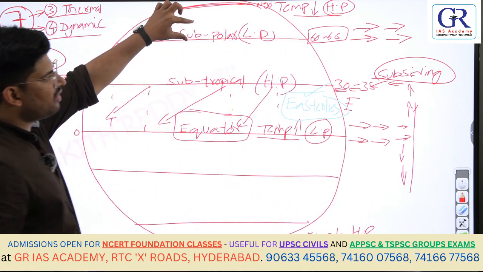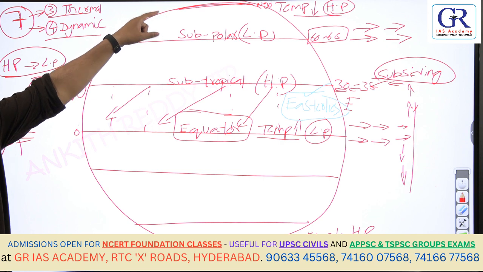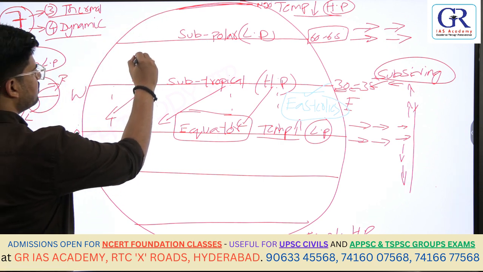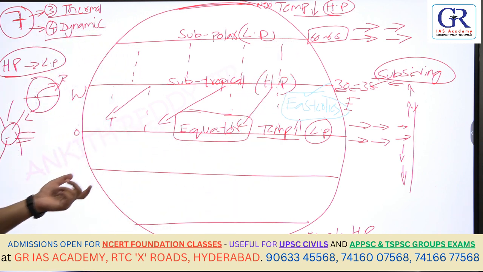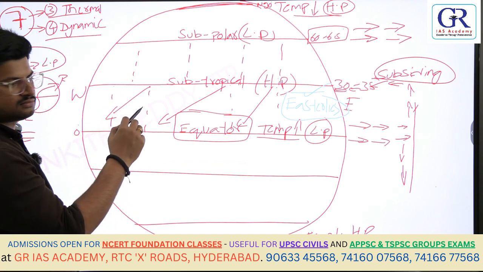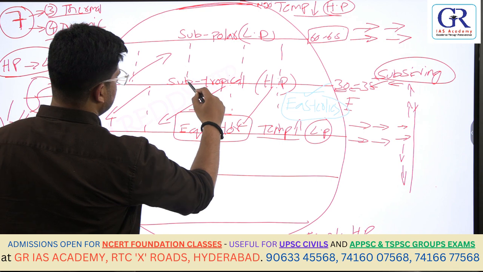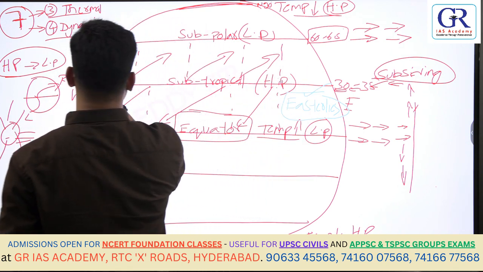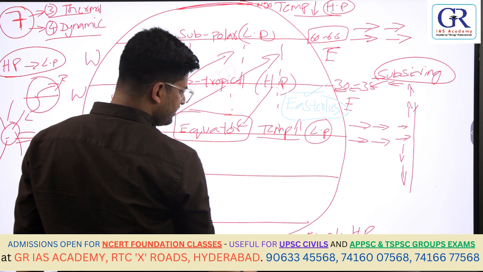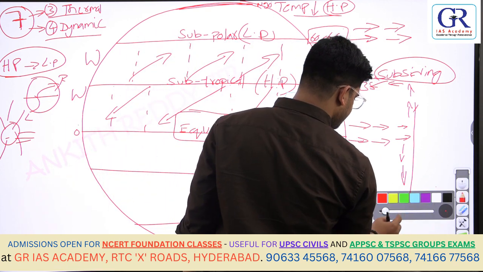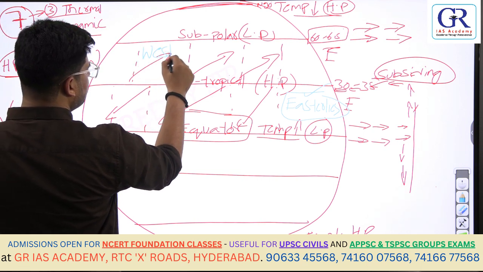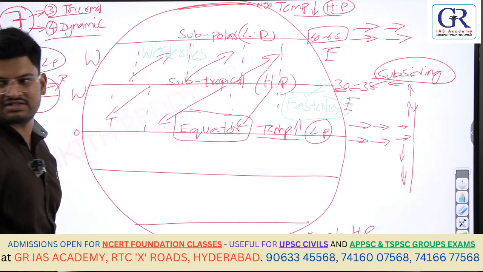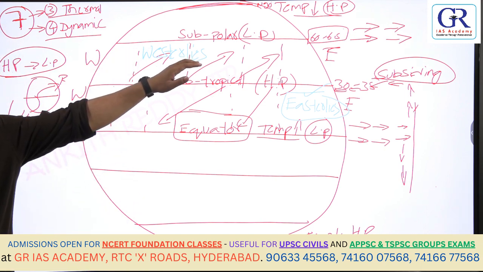Similarly, now if you move to the higher latitudes, winds have to move from the subtropical high pressure to the subpolar low pressure region. So winds have to move like this, yes or no? But as I told you, because of the Coriolis force, they are deflected towards the right. So here they are moving from west to east. Winds are always named after the place where they originate. Where is it originating? West. So can I call it westerlies? They are called westerlies. They are moving from west to east.